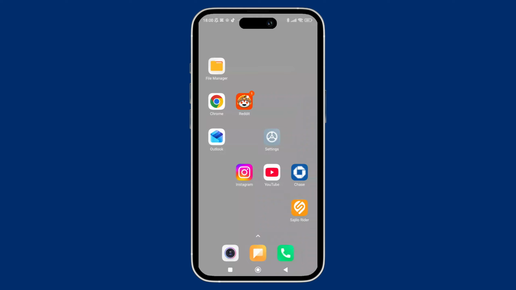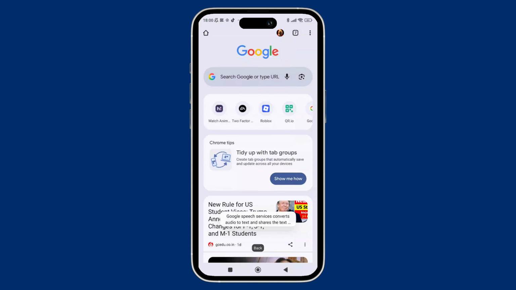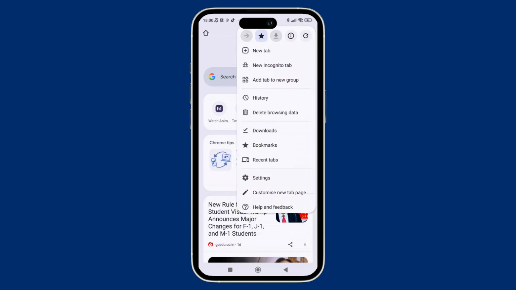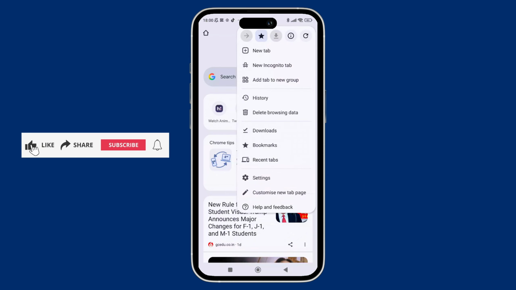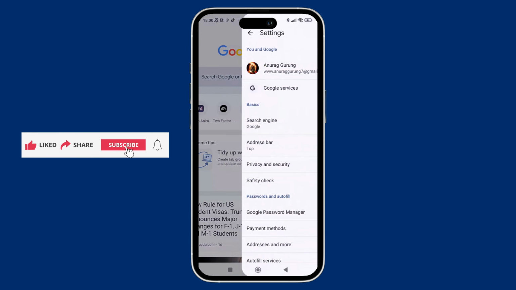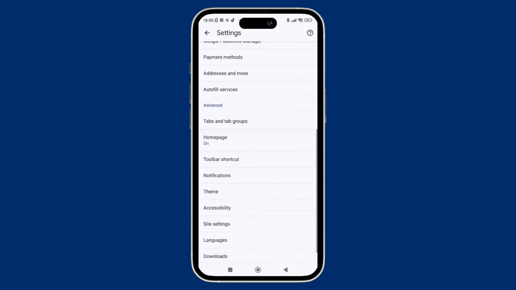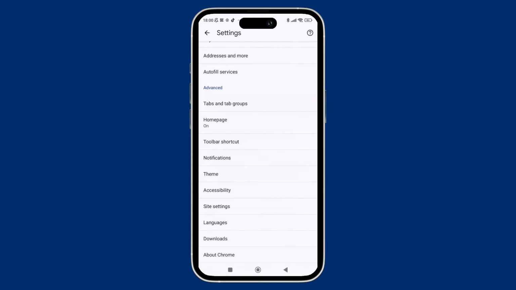Simply open Google Chrome, and once you're inside the Google Chrome app, tap on the three dot icon which can be seen in the top right corner of the screen. From the drop down menu, tap on settings. Once you are inside the settings, simply scroll down, and there tap on